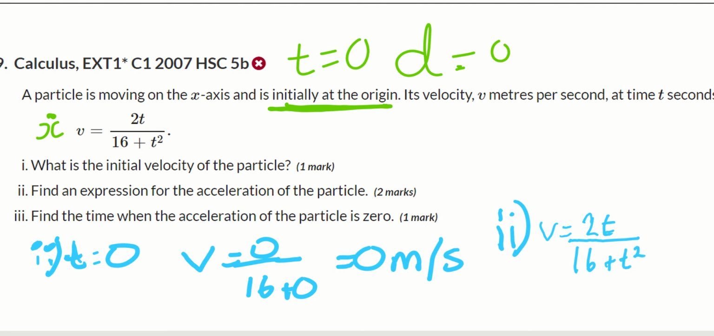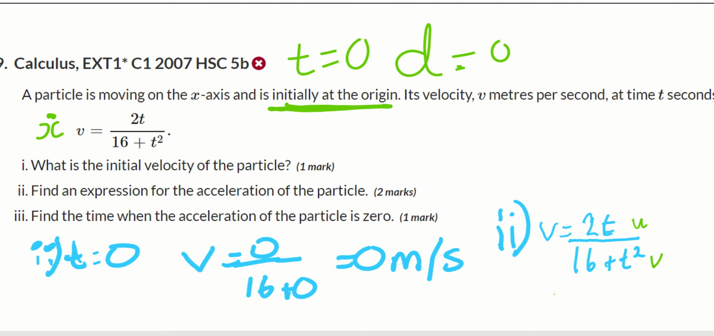Anybody? Well, hopefully somebody shouted out to their screen, product rule or quotient rule. Okay, either one will work depending on how you go about it. But if it's a fraction, we'll go with the quotient rule. So differentiating, when we have a t on the top and the bottom of the fraction, we do the quotient